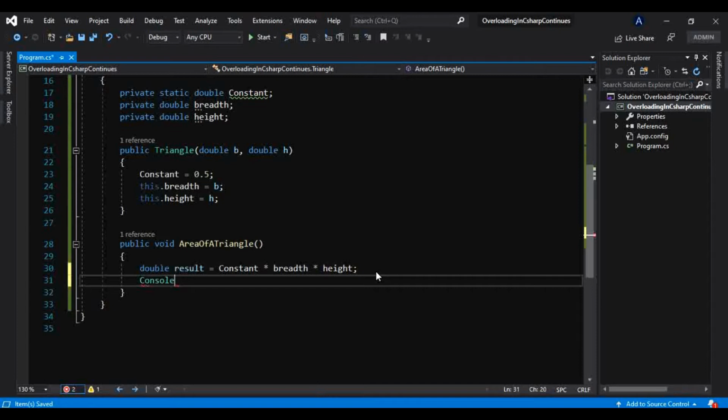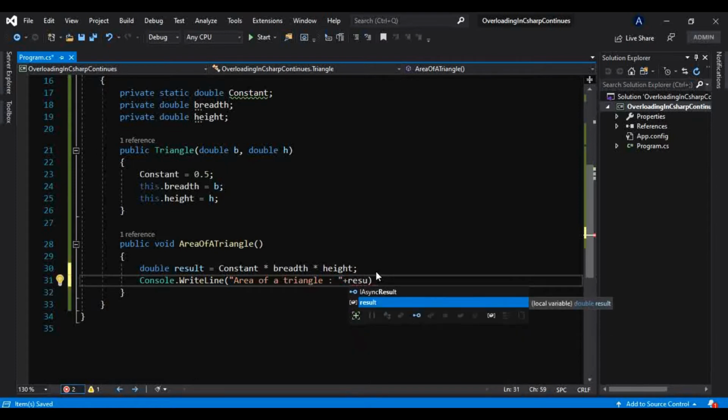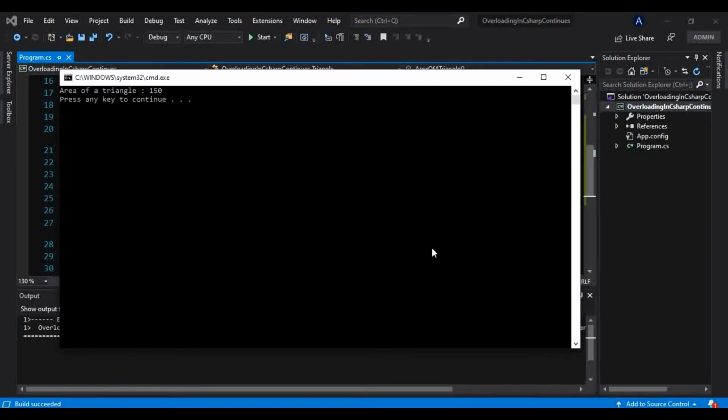Console.WriteLine, area of a triangle is whatever values the result will get, and I will pass that here and run this. Area of a triangle is 150.